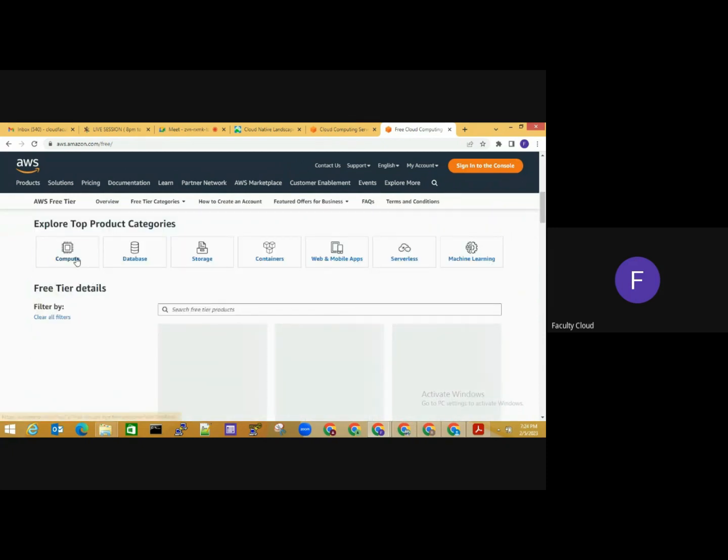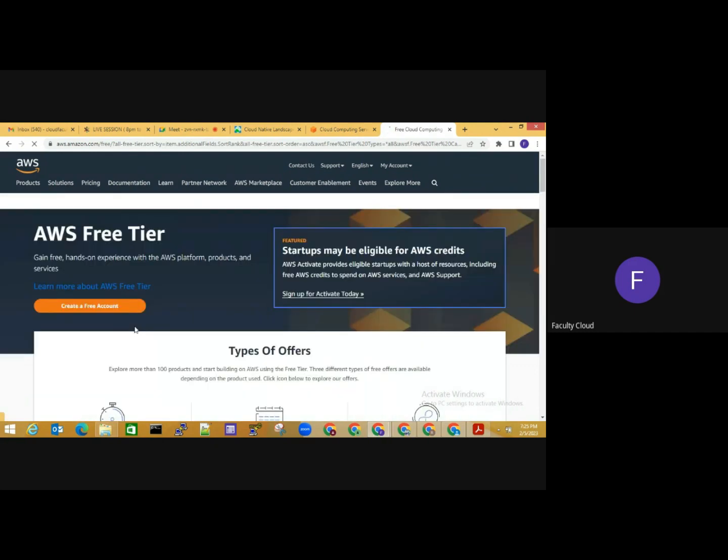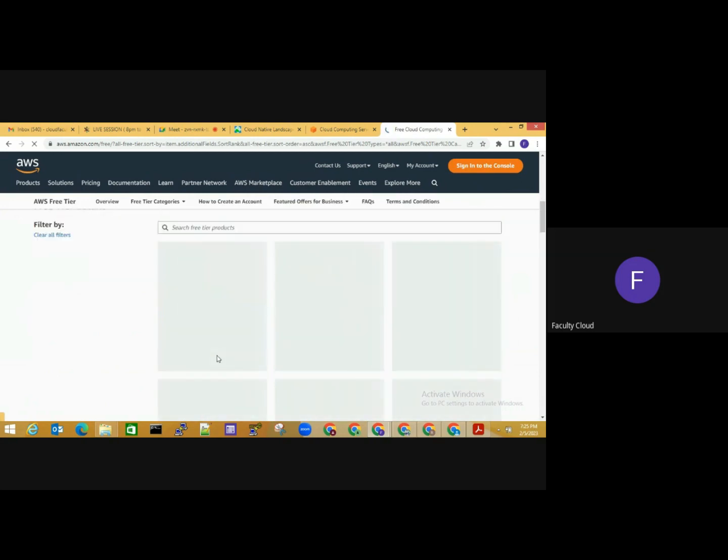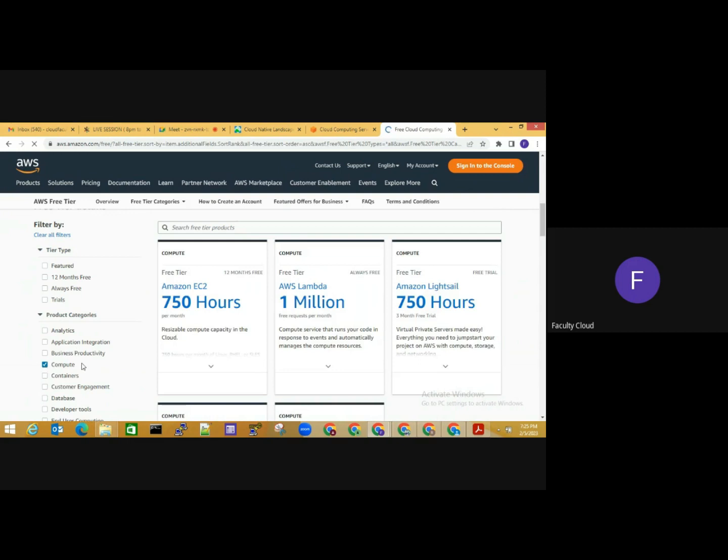And you can see that it is categorized. I can go ahead and see the compute engine instance is called EC2, Elastic Compute Cloud, which is the virtual machine service available for you to operate. So mostly if you have worked with any physical machine, or as a developer, if you know how to develop and deploy code, it will be easy for you to operate. So Amazon EC2 gives you 750 hours per month. Any idea why 750 hours, guys?